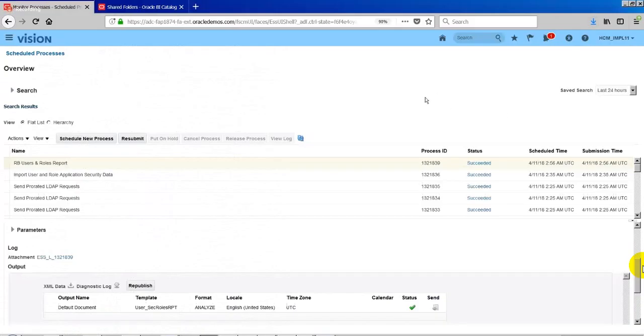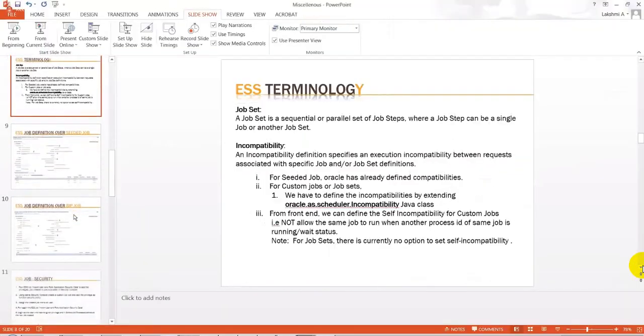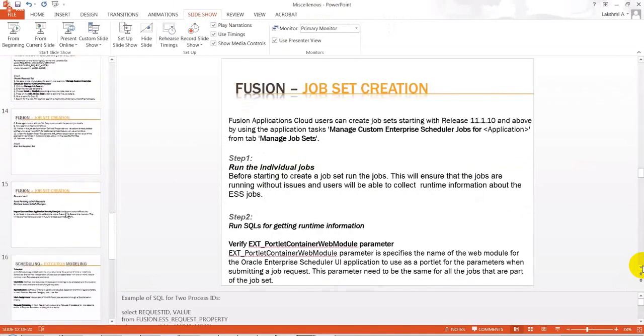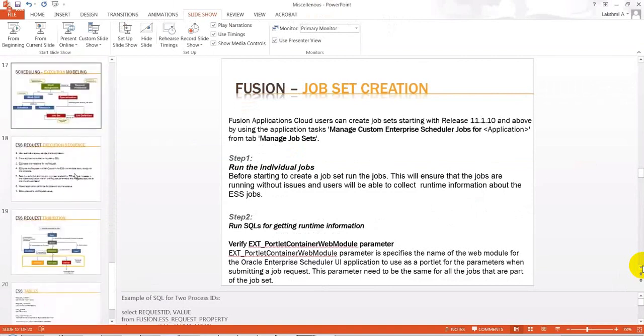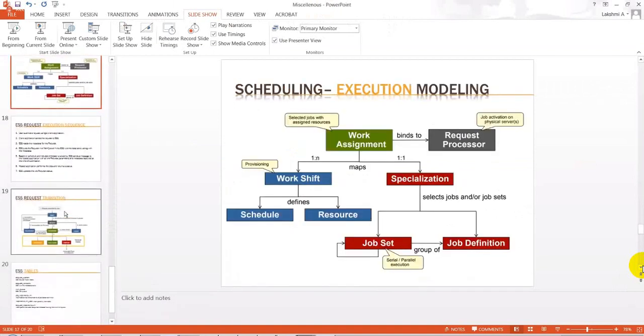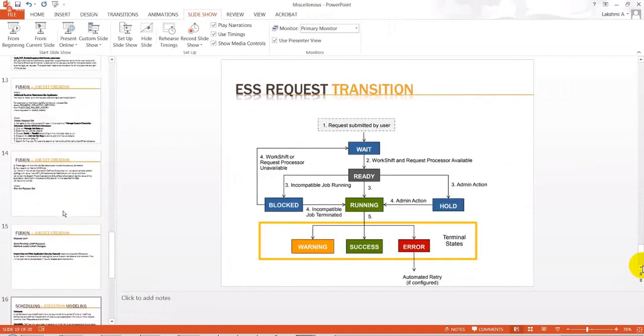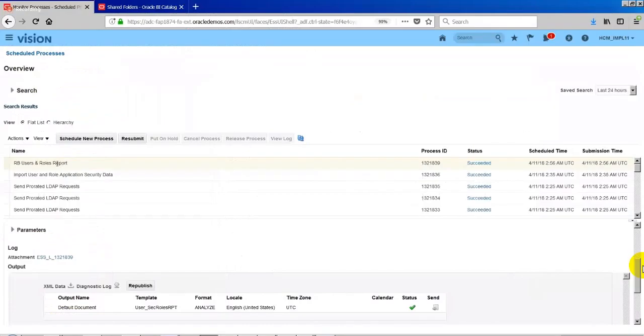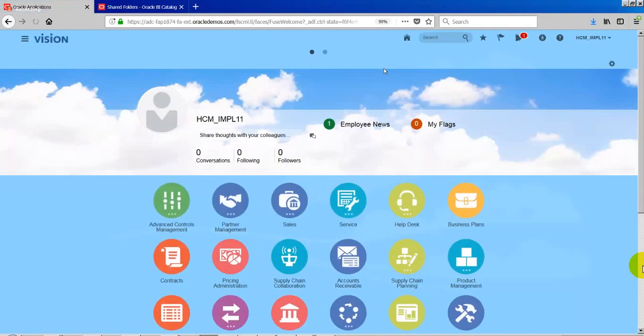Okay, so I have a few more things to cover, since I want to cover the request set basically. So the creation of a request set and how to execute that, and some more concepts about ESS, request set transition. So probably I will begin with creating a request set tomorrow, and then see one or two examples, and then we'll go to the next topic. Okay, so if you have any questions, ask me, else we can meet tomorrow.